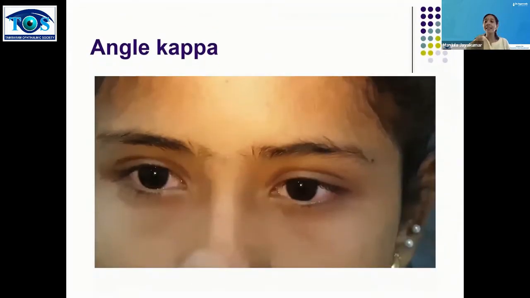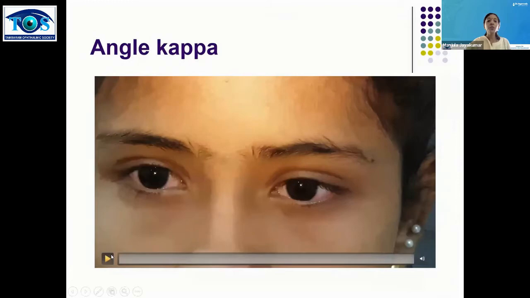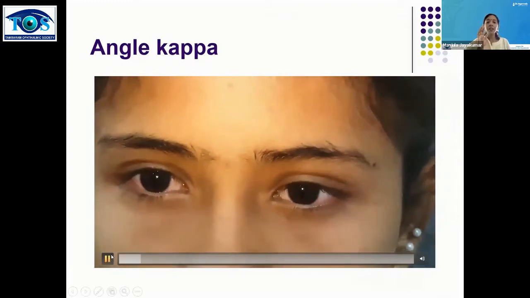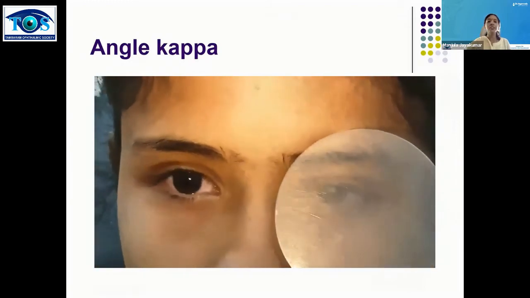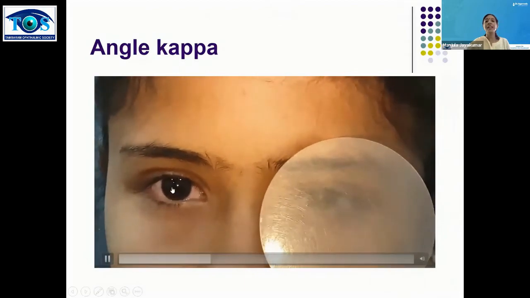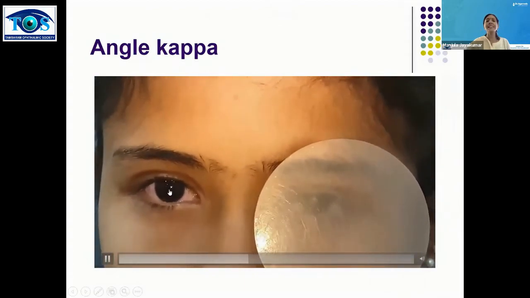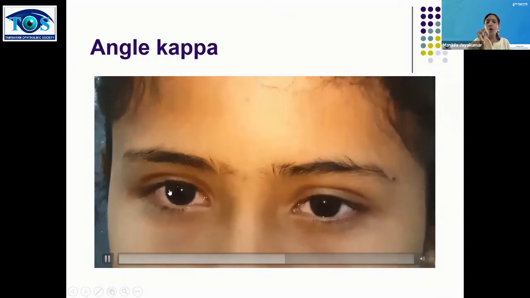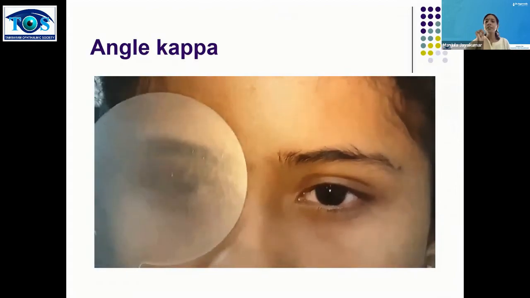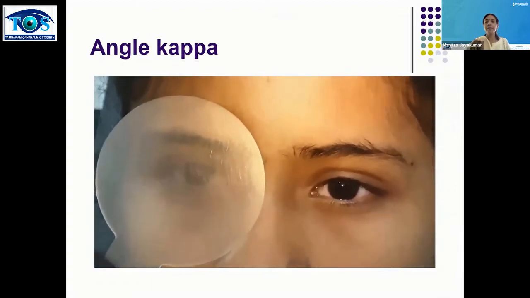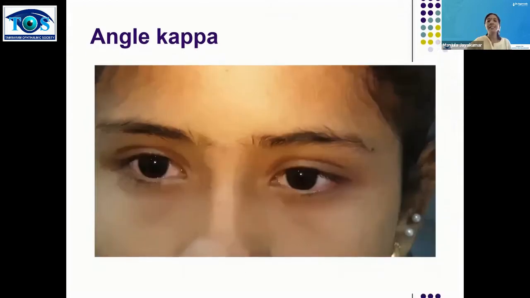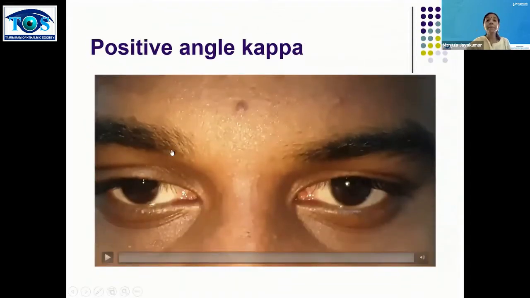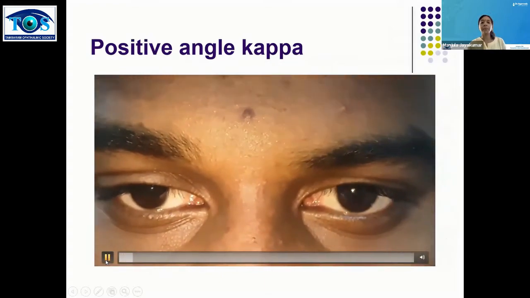The next is angle kappa. Before you assess your extraocular motility, please look at angle kappa. You do it in each eye, occlude the other eye, find the torch and see where your light is. Slightly temporal, just a small tad temporal. Do it in each of the eyes. Then you can assess whether there is an abnormal angle kappa. See this patient, he has a large positive angle.